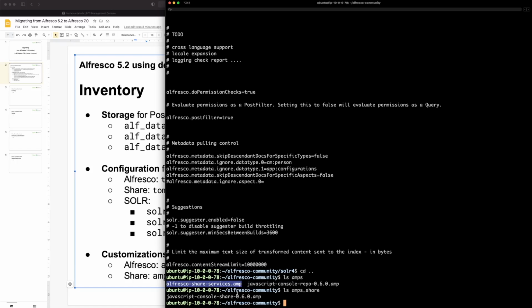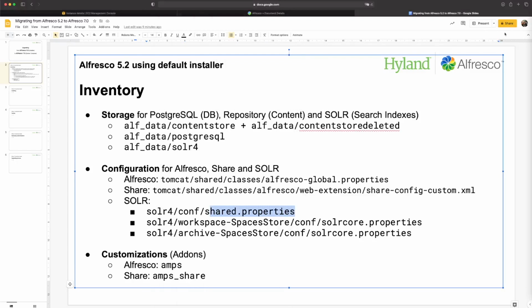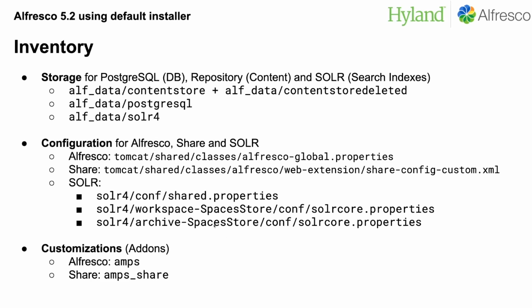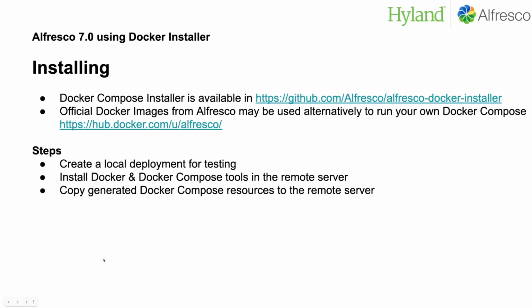But let's see how we can identify this later in the new installation. So at this point, we have all the requirements in order to move forward. And let's see how that goes once we install Alfresco 7.0 with Docker Compose. So once we have inspected all the previous installation from Alfresco 5.2, we are going to install Alfresco 7.0, but